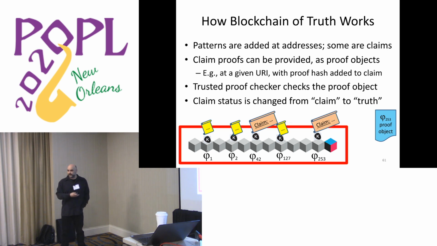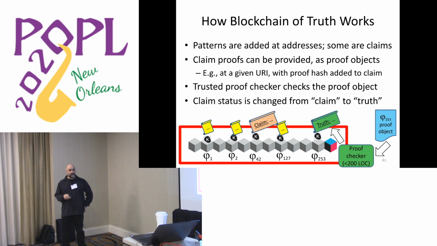Currently, the blockchain validators re-execute the code. That's the trust. That's pretty expensive. So what we'd like instead is to be able to generate proof objects and present proof objects to the blockchain, which has a proof checker. Proof checking, by the way, is super fast. For Hilbert-style proof checking, you can do it embarrassingly parallel. You can check each step in parallel with all the others. So it's harder to generate the proof object, but once you have it, it's very fast to check.